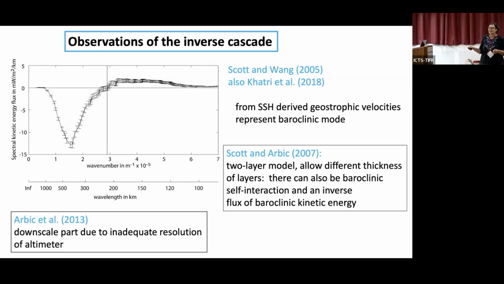Then there was also some debate about this downscale flux here, because you could argue that from the geostrophic velocities, you wouldn't expect a downscale flux. It is probably due to an inadequate resolution of the altimeter. So progress is expected from the SWOT mission, whose altimeter data are currently ongoing and will lead to much higher resolution of these SSH fields. Okay,